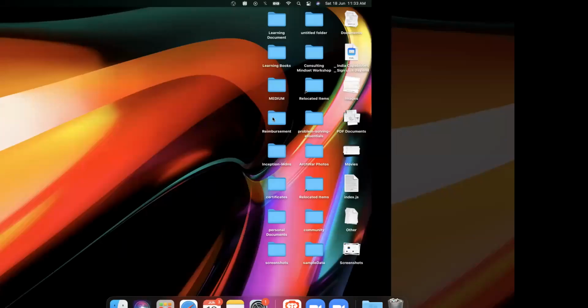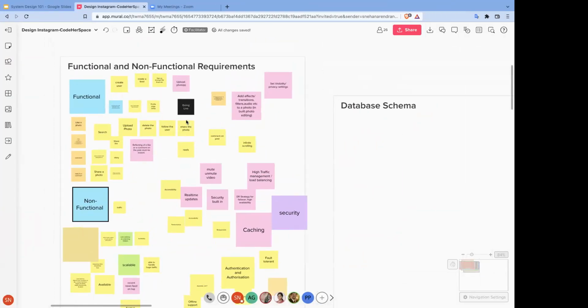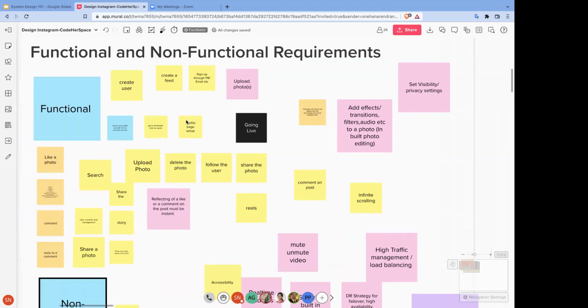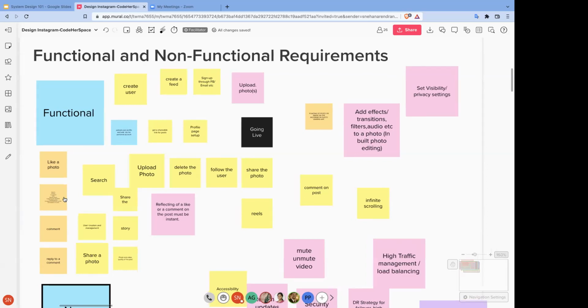All right, let's start. Please feel free to add in your points. I might not be able to cover them, but let's see. Let's go from functional requirements. As I said, functional requirements are more like what you exactly want the system to do. I started with liking a photo. Then we have